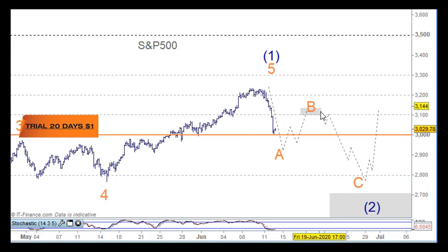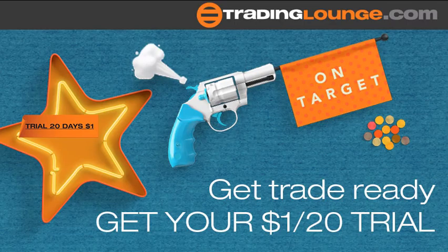The trick here is to track those 5 waves here, and then we can go into buying mode here. But to confirm this, we need to get 5 waves here. I won't go into that at the moment with the S&P. You can watch the S&P video for that.